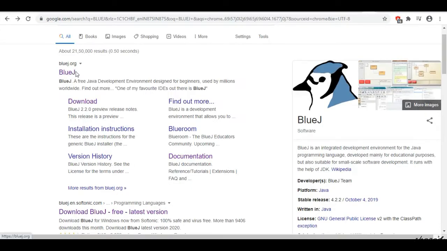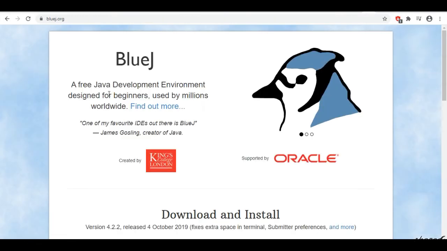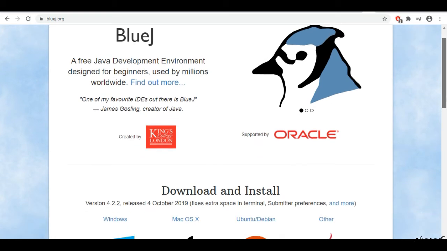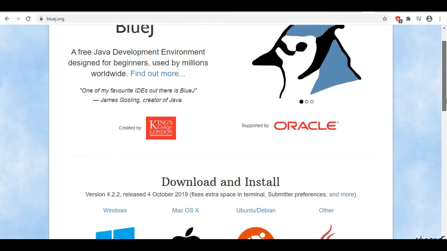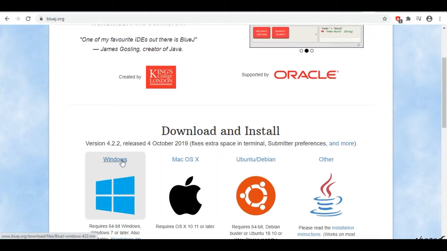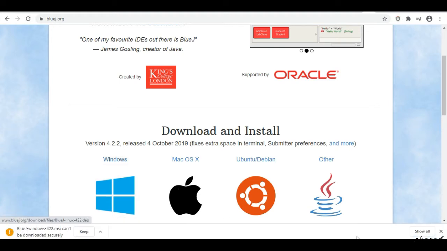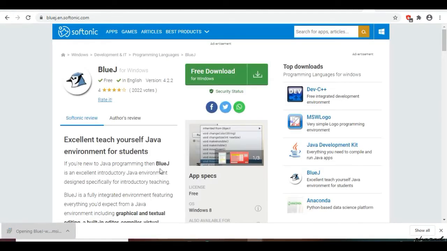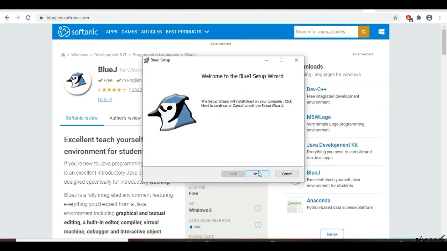Okay, so first you can download BlueJ from its official website, bluej.org. As you can see, it is supported by Oracle and recommended by James Gosling, who is the creator of Java. Check your system preferences, whether you want to download it for Windows, Mac, Ubuntu or any other operating system. After downloading BlueJ, install it on your system.